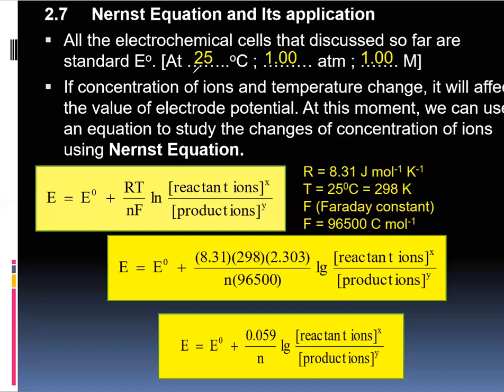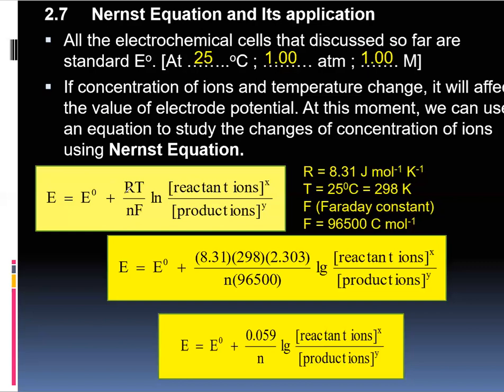So the equation that helps us to address such a problem is what we call the Nernst equation. And this is the Nernst equation. This is a very, very important formula that you need to commit to memory. You can see our E, which is your electrode potential, is equal to your standard electrode potential. That's your E naught. This is the standard electrode potential at these conditions. This value will be given to you because it is a standard value for all electrochemical cells,